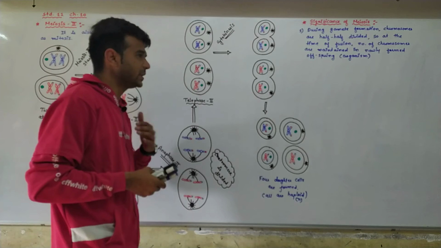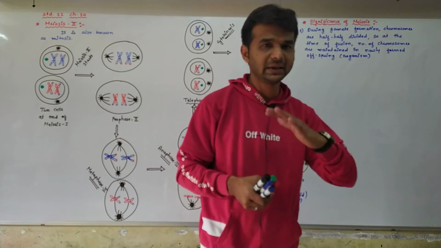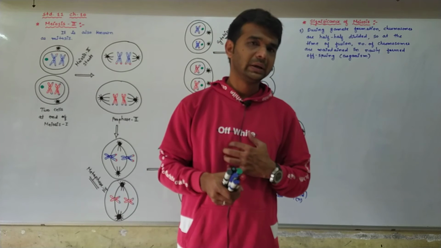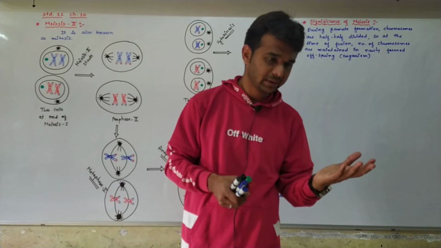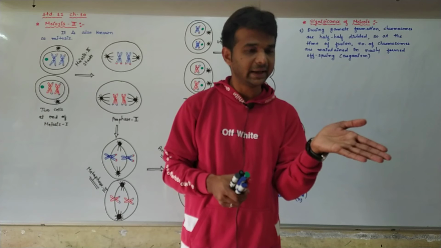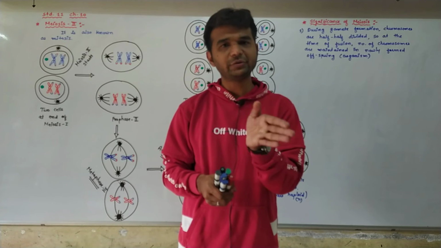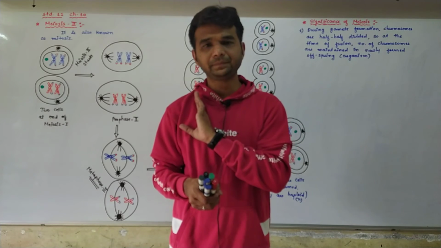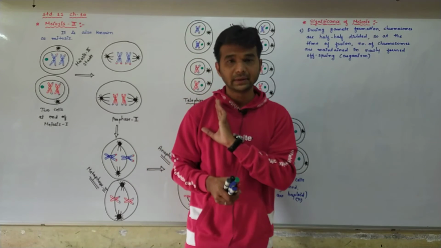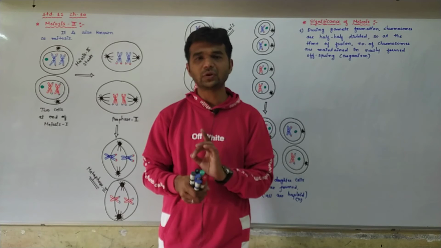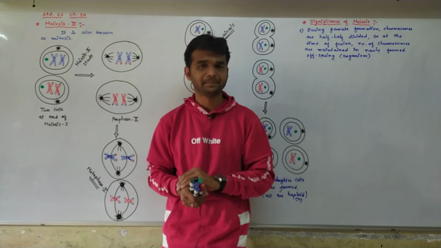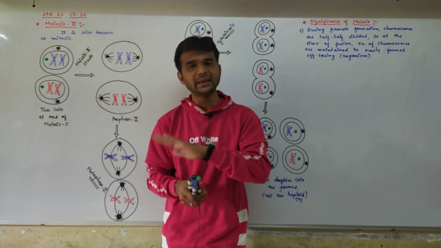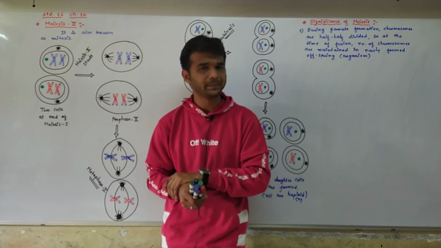Suppose, for example, human beings have 23 pairs of chromosomes. So in a male, 46 chromosomes are there. When he produces sperms, 23 chromosomes are there. Again, 23 pairs of chromosomes are present in the male, but at the time of sperm formation, the chromosomes become half, 23.